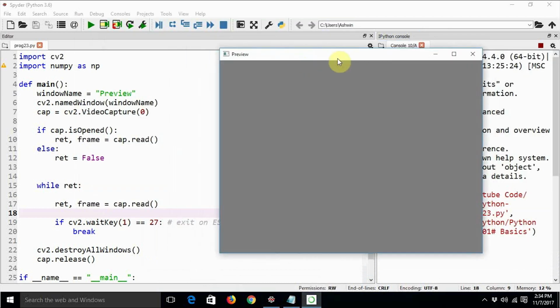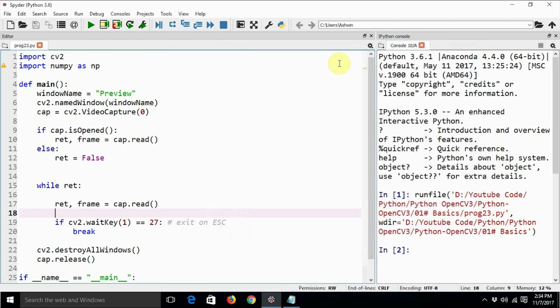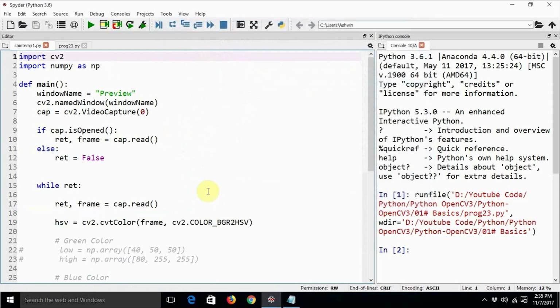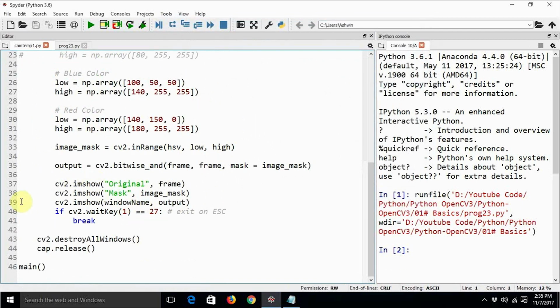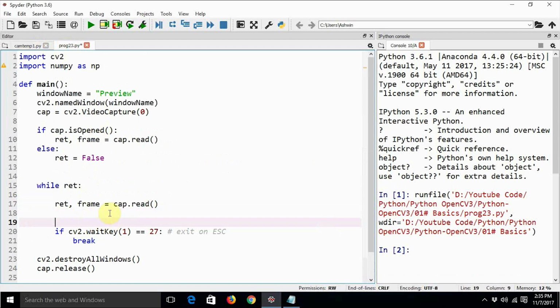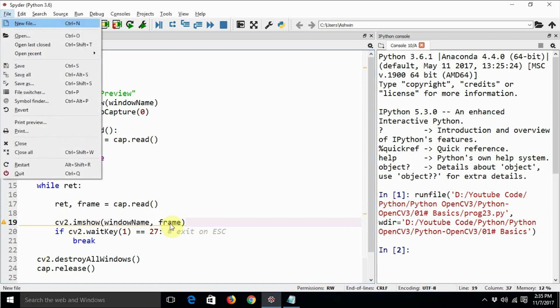Oh, I guess I have already forgotten to add the window code. So the imshow code, right? Yes, the code for imshow I had forgotten. So I'm adding that code, and it should be good enough. Let me say frame.